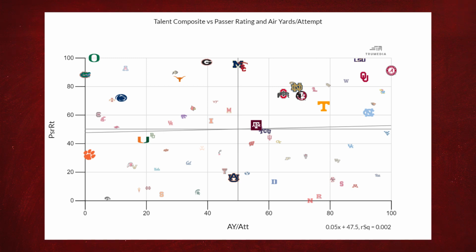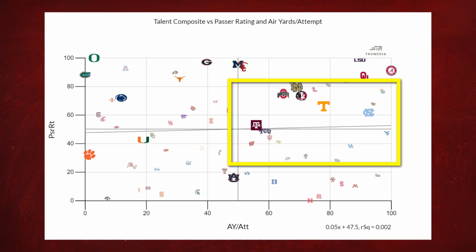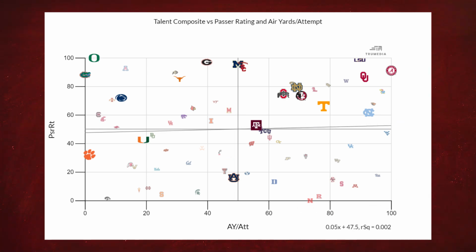Firstly, 12 of the top 20 teams are in the upper right quadrant. And notice there's no top talent teams that really fit into the lower right quadrant. These are teams that both push the ball deep and struggled putting up good passer ratings. To me, it almost seems like these more talented teams can succeed whether or not they prioritize the deeper routes, but the talented teams that tend to underachieve are the ones that don't push the ball down the field. This is further illustrated by the company in those respective quadrants. Washington, Kansas, Ole Miss, Mizzou, and Oregon State are teams who dramatically overperformed offensively compared to what talent rating sites would predict.